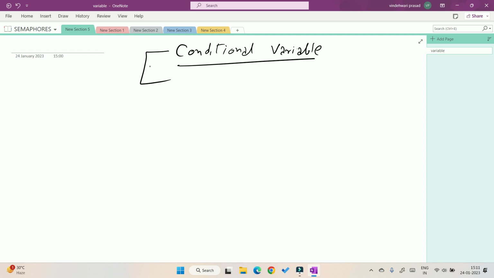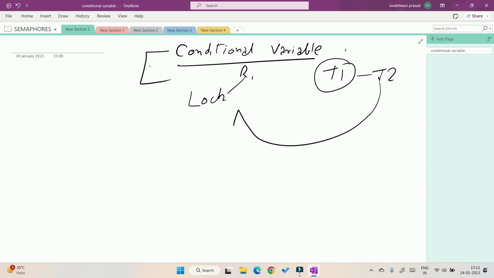So in the previous video you have seen that to avoid two threads using the same resource in the critical section, we introduced a term called lock. So if any resource R1 is locked, then the second thread cannot access it, and only when it is available can the second thread access it. But